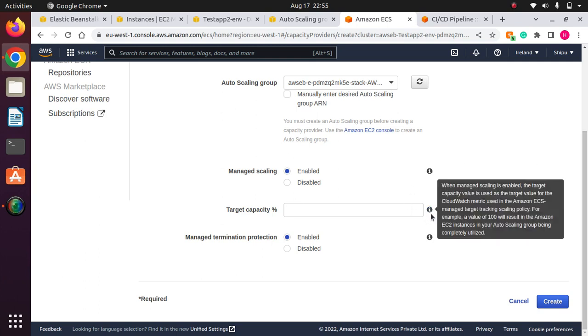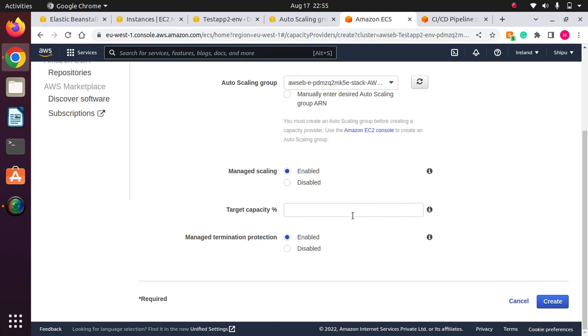So here the target capacity, that should be in percent. So what is target capacity? When managed scaling is enabled, the target capacity value is used as a target value for the CloudWatch metric used in the Amazon ECS managed target tracking scaling policy. For example, a value of 100 will result in the Amazon EC2 instances in your auto scaling group being completely utilized. So the number of EC2 instances that you want to utilize, let us say I want to utilize 90%